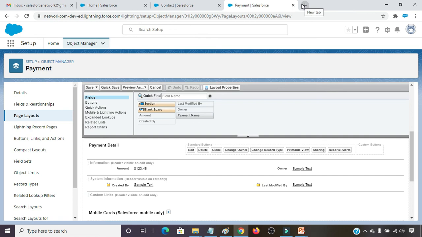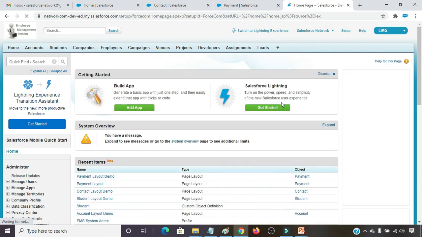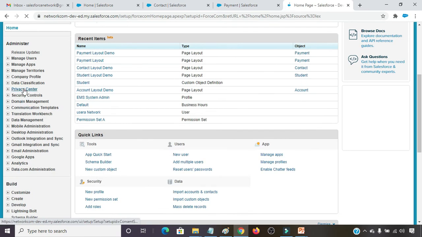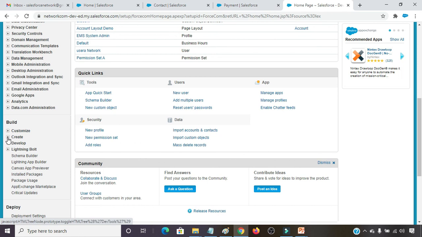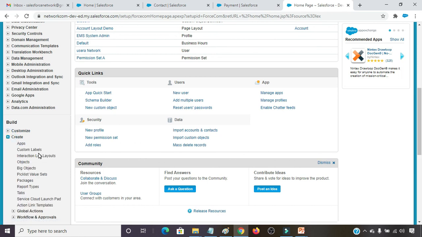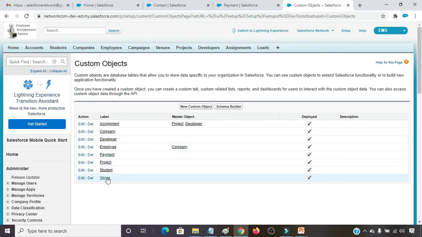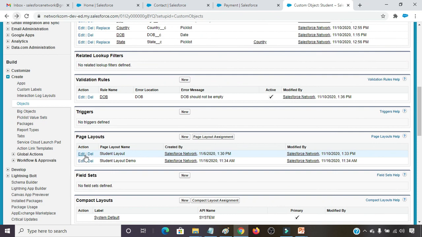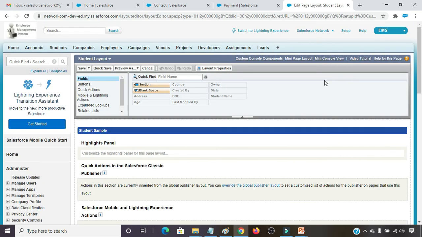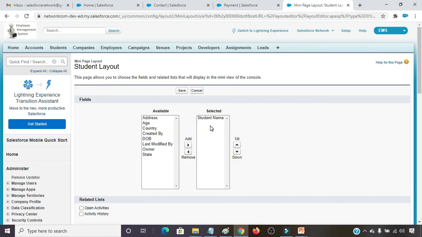So for this what I have to do, just simply click on setup, build, create, objects, object name, student, click on student layout edit action on the top, just go with mini page layout. So for mini page layout, what fields I want to show, those fields I am going to select in the right panel.